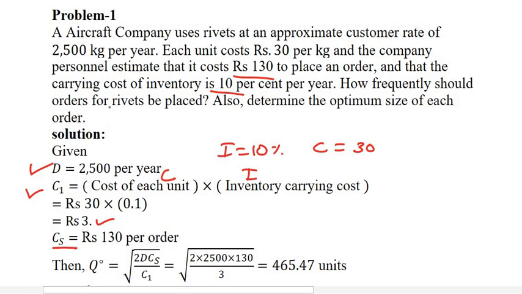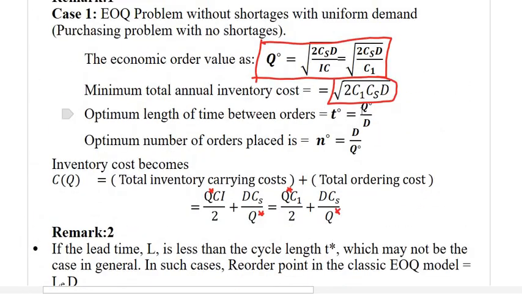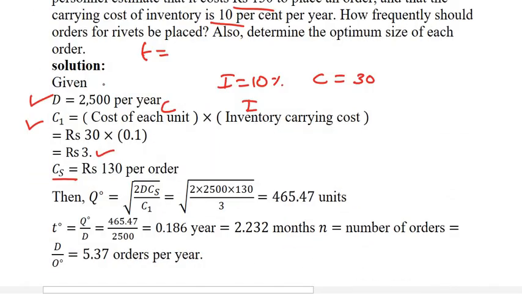Okay, that means they are in need of the time period of order T. T should be calculated with the help of, just look at the formula what you have. T is nothing but Q divided by D. So therefore, we are in need of the economic order quantity Q and demand rate D. And determine the optimum size of each order. That optimum size of each order is nothing but Q. So the formula for Q is square root of 2DCS divided by C1,